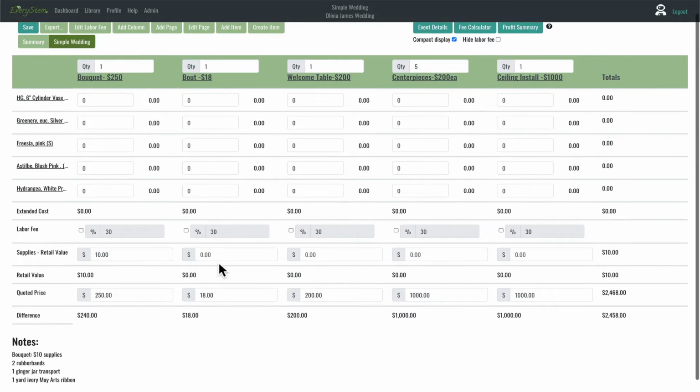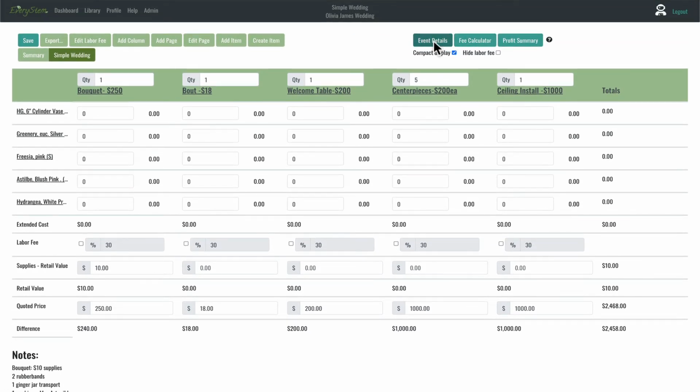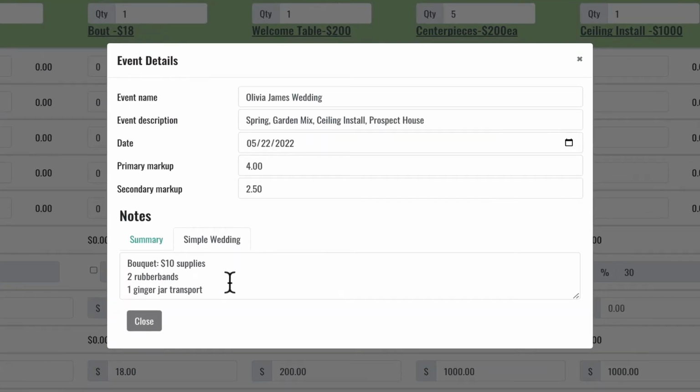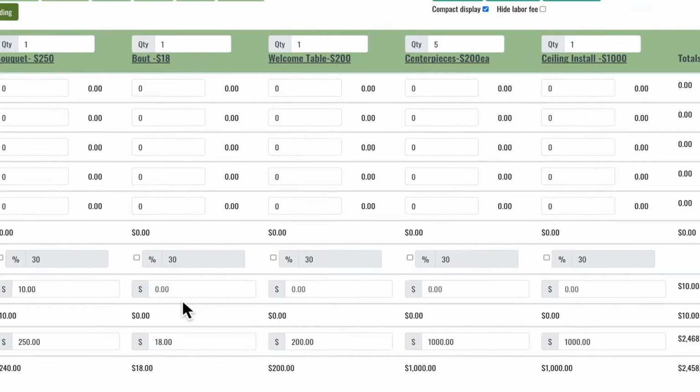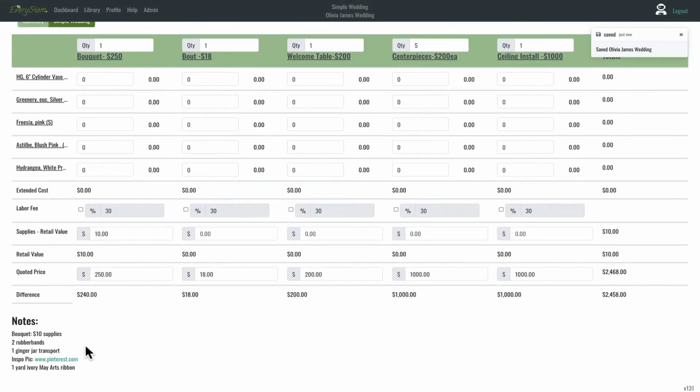If you had a picture on Pinterest, and I don't have an exact Pinterest link here, but what you could also do is say inspo picture, and then you could have the URL. I'm just going to do pinterest.com for now because I don't pull an actual picture, but you'll see here now that this link is clickable. So now I can actually click on this and open it up and see the image that I want to